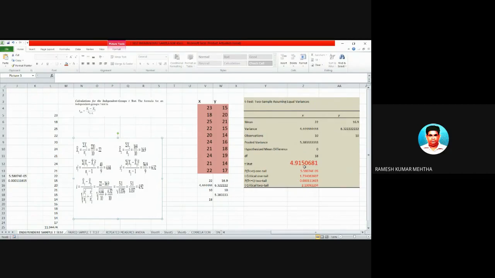So let's calculate how we arrive at this 4.915. Let's determine it. To find that, we have a formula. The formula is T is equal to x1 bar minus x2 bar, divided by, look at the denominator, the denominator is the square root of s1 square by n1 plus s2 square by n2, where s1 square is variance,